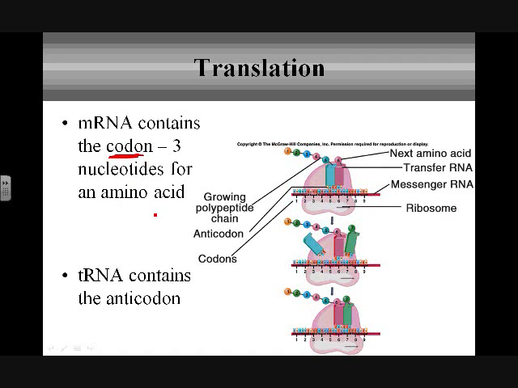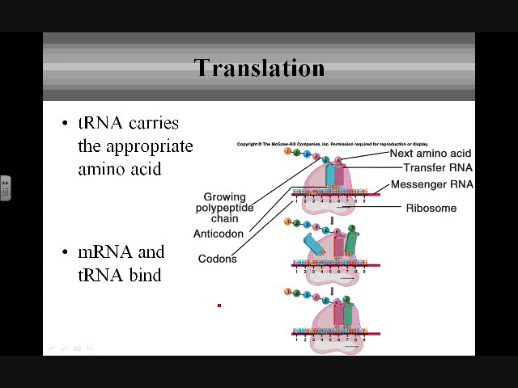And those codons are going to play a role in how we build that sequence of amino acids, because the tRNA, the transfer RNA, contains the anticodon, which is the complement to the codon. And that complement is going to help make sure that the proper amino acid reaches the proper area of genetic